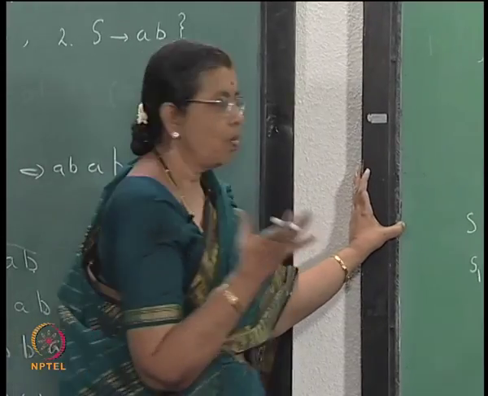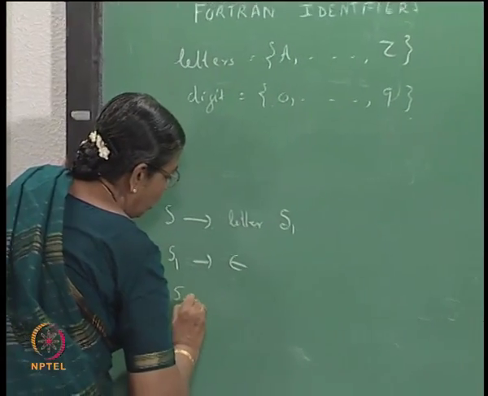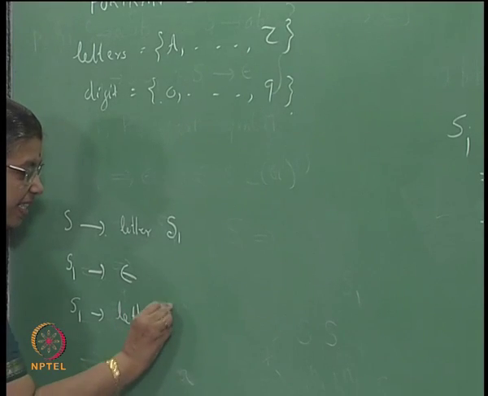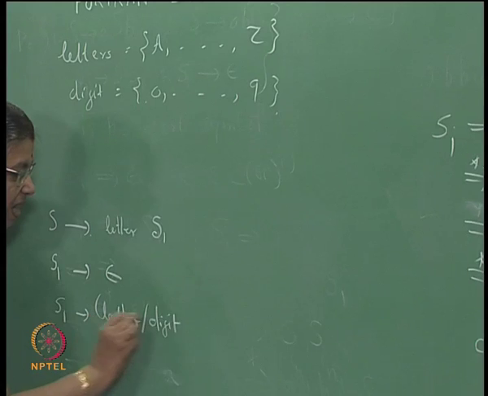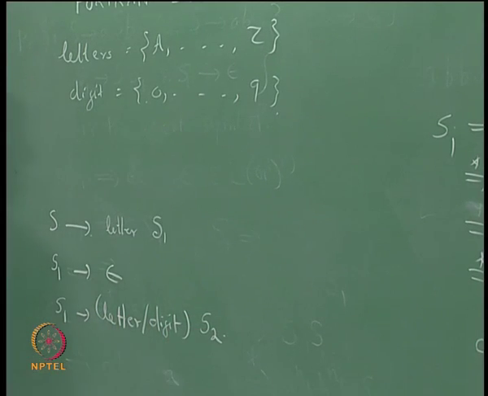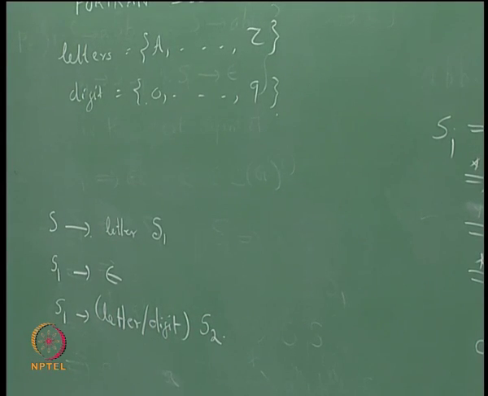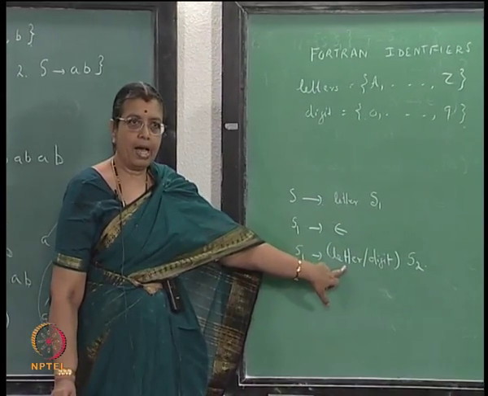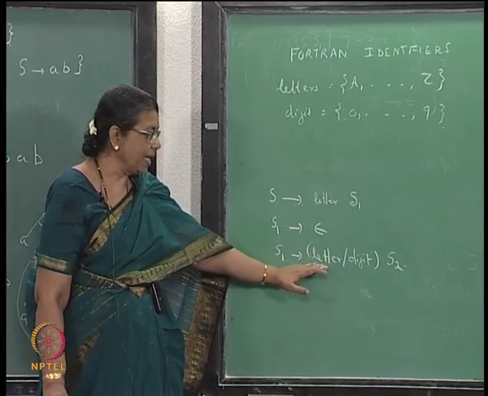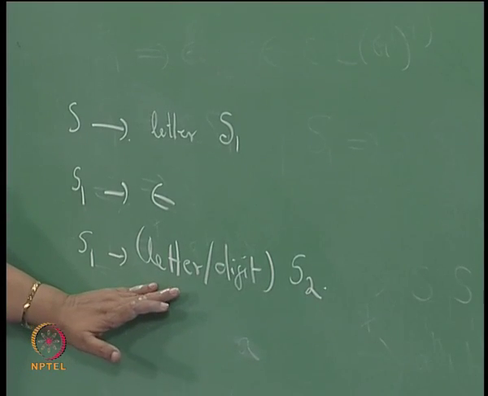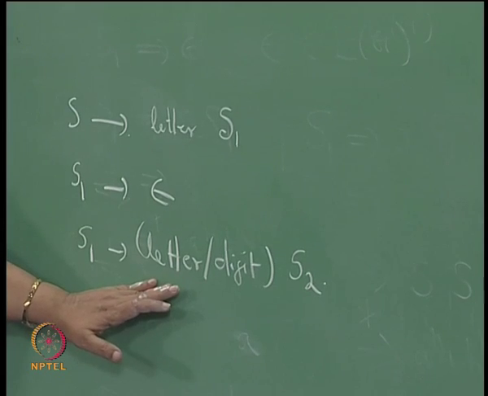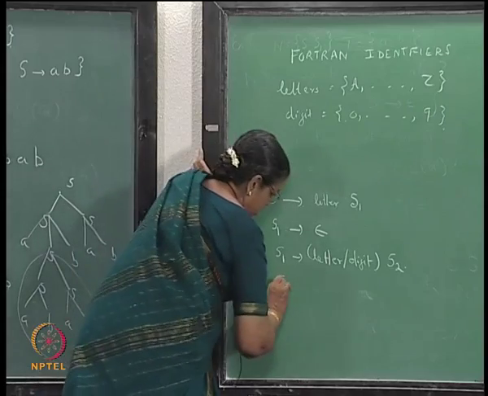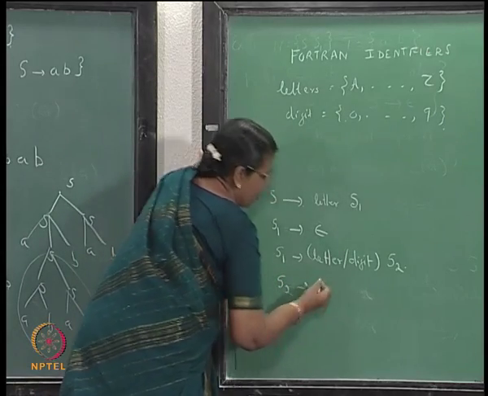for that. So, what do you allow? S1 goes to letter S2. So, after generating one letter, you can generate another letter or a digit. So, there will be actually, I am writing like this, it represents 36 rules, right. Then you can stop at that stage, S2 goes to epsilon,